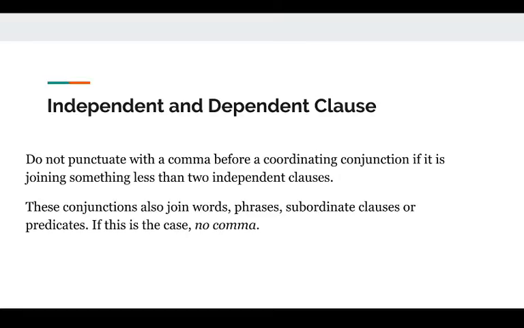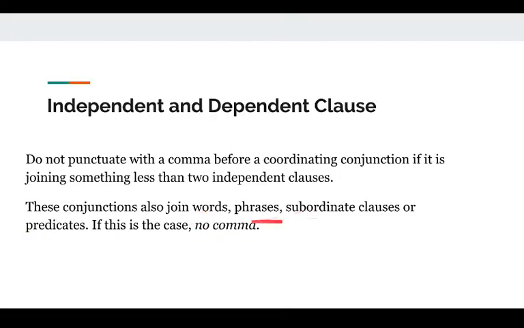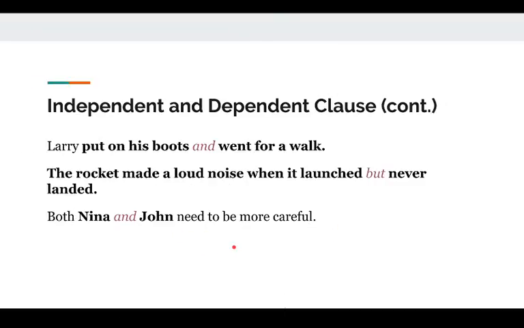You have to have an independent clause or extra words to make the dependent clause make sense and become an independent clause or part of a sentence with another independent clause. Sorry, that was kind of rambling, but it'll make sense once we go through some examples. So just to reiterate, do not punctuate with a comma before a coordinating conjunction if it is joining something less than 2 independent clauses. So these conjunctions also join words, phrases, subordinate clauses, or predicates. So if this is the case where they're joining words, phrases, subordinate clauses, or predicates, you do not have a comma. So just to go for some examples, Larry put on his boots and